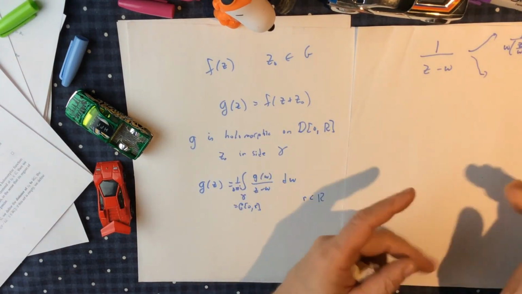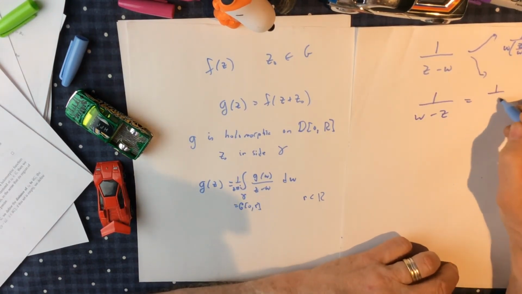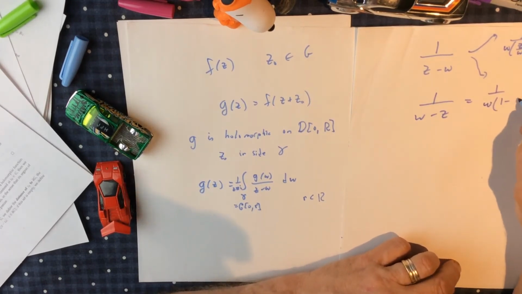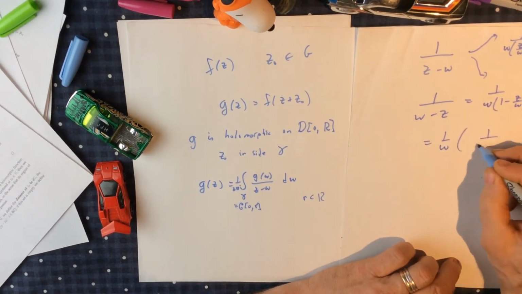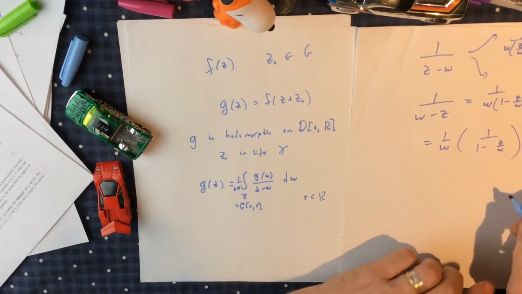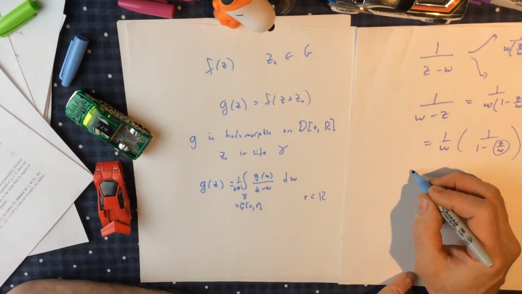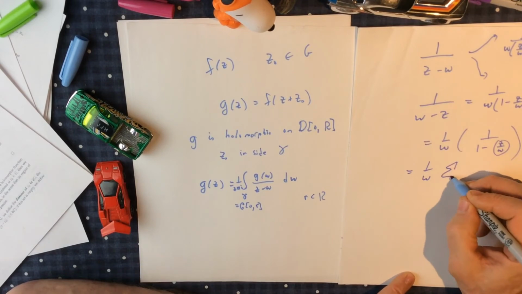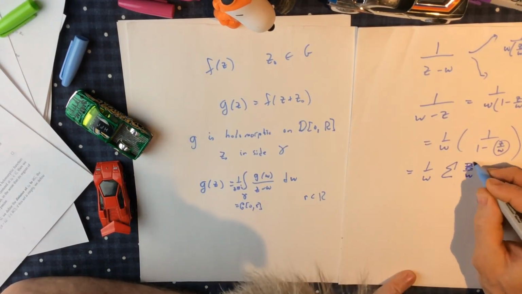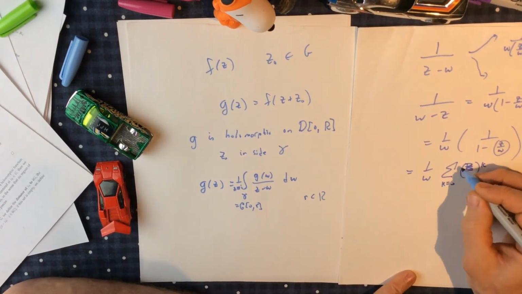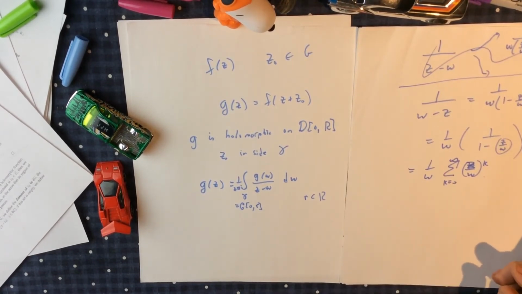I think I want it the other way around. I wanted w minus z, sorry. Pull out the w, and I get 1 minus z over w. And so that's 1 over w times 1 over 1 minus z over w. Now that's the geometric series with this being the terms. And so this is 1 over w times the sum of z over w to the k power, k equals 0 to infinity. So when I see a w minus z,